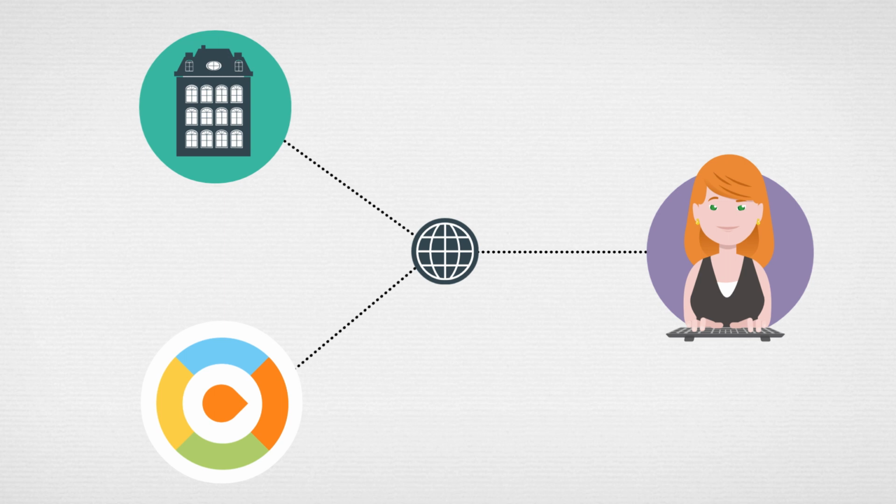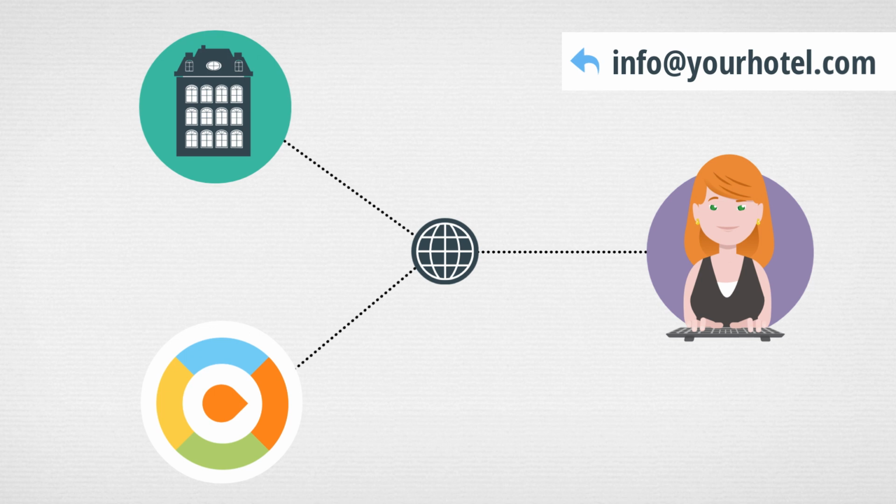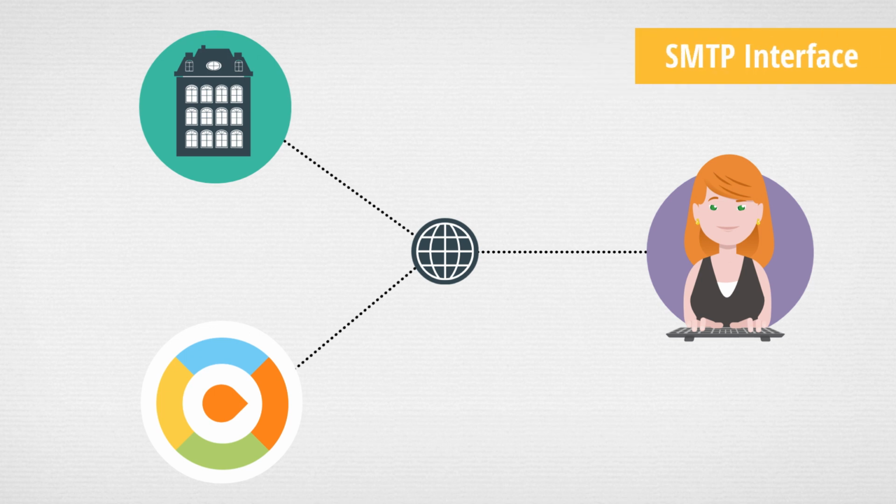If you would like outgoing WebRezPro emails to use your property's domain name as the return address, there is an optional interface allowing two-way communication between WebRezPro and your outgoing mail server. This option is only available if your property's email server is capable of accepting SMTP communication, and you can provide the appropriate server credentials. With this interface, emails sent from WebRezPro will pass through your email system before arriving at your guest's inbox. It's a solution that allows guests to receive and reply to WebRezPro-generated email using your property's email